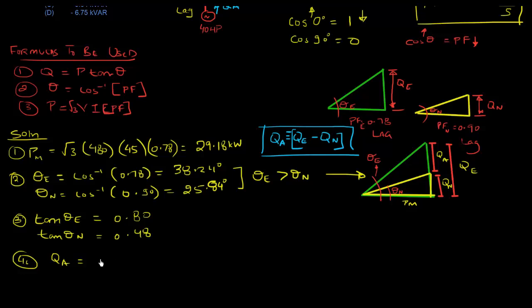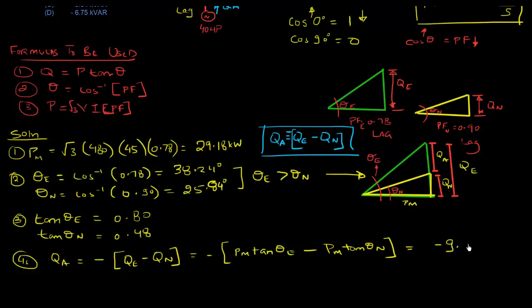Our final step is we're going to use this formula right here. QA is going to be negative, Q existing minus Q new, which is going to be minus of what is going to be Q existing. It's going to be PM times tan of theta existing minus PM tan of theta new. If you calculate this, you should get the answer to be negative 9.34